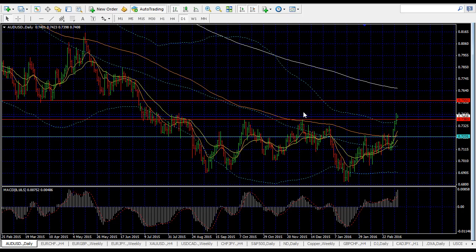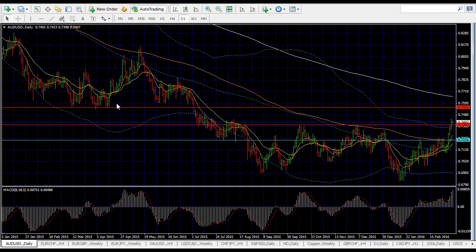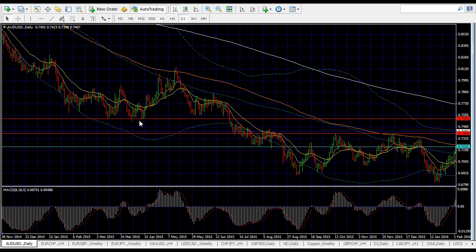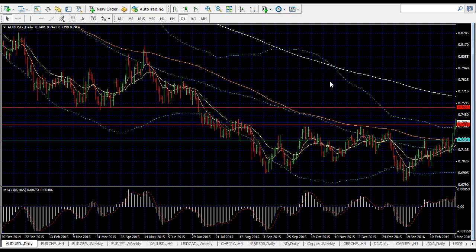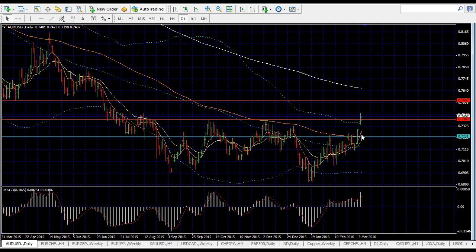So the next stop where it will probably stop is the lows that we have over here. So this one will probably be a stronger rejection area that we can see over here as well. Okay, so there's still room for AUD USD to run. Overall, it has been a nice upwards movement. And it should be, because after all, this is a very strong rejection area that has been holding it well